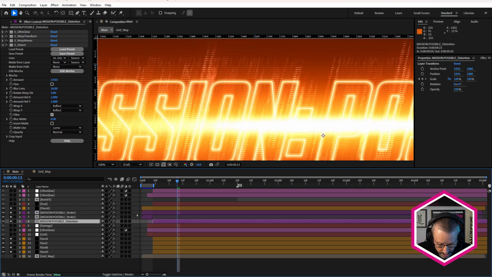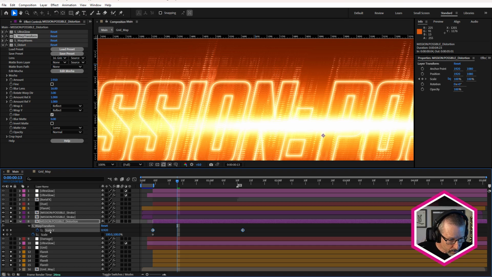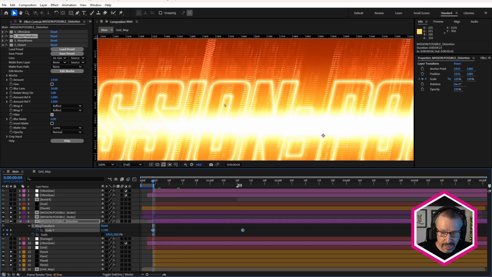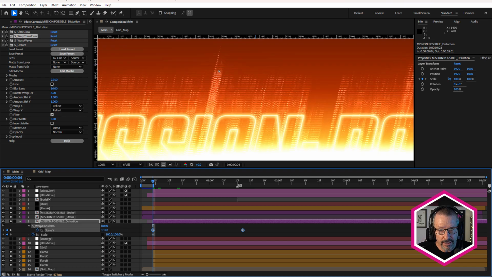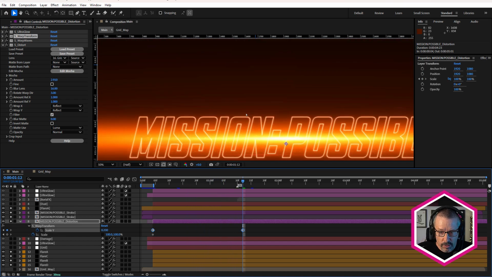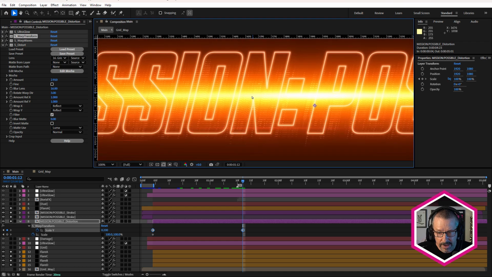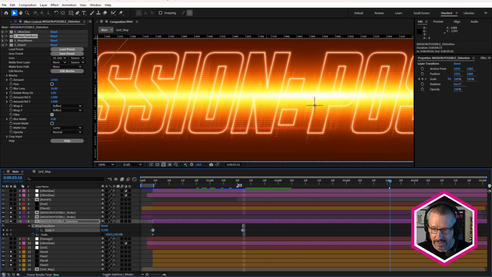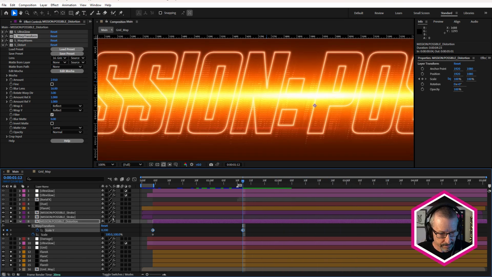Just mentioning again why I used those keyframes for scale Y. If we come to the beginning, I want it to be a little bit taller at the beginning. And then as we proceeded through the animation, I didn't want it to be so obvious. So I've made it a little smaller. And that's why I've scaled that in the Warp Transform. So it just reduces the size of it. I didn't get rid of it completely, just like they did in the trailer, because I actually kind of like the detail that it added. So I just left it in there and just added a little bit of detail behind that.